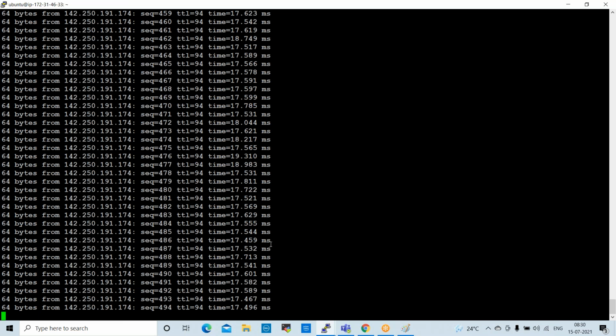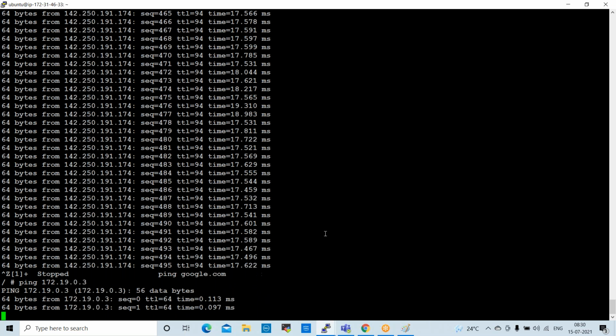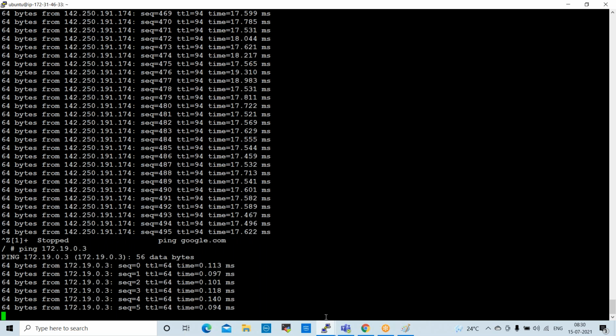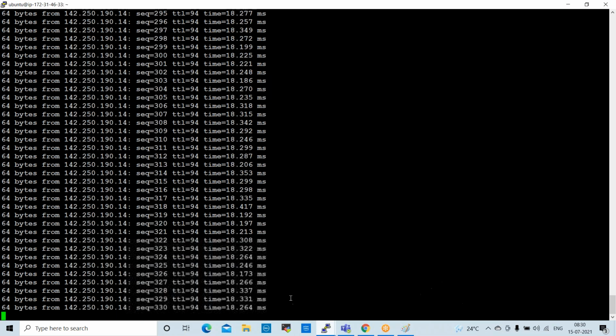So this is the C2 container. Control Z to stop this ping. Ping 172.19.0.3. Now it is pinging. From C2 to C1 it is pinging, right? And C1 to C2 also we can ping now.